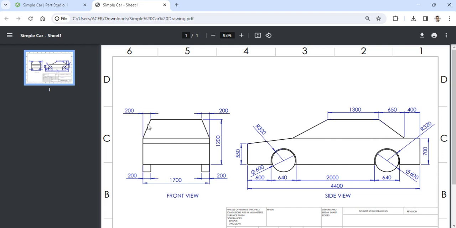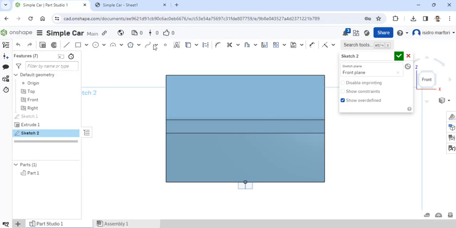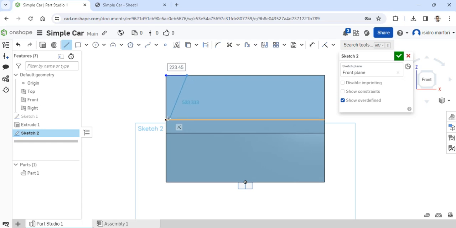If you can imagine, there will be a rectangle here with a base of 200 mm. So you simply use our line tool. All right, so we create a sketch right here, and then right there, and close it up over there. Another one here. Right now it doesn't touch the top, but that's okay. We could always change that later.